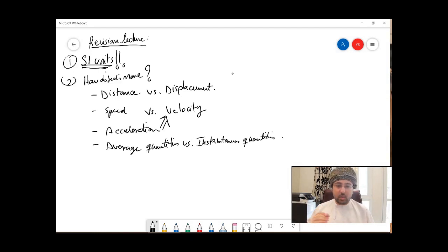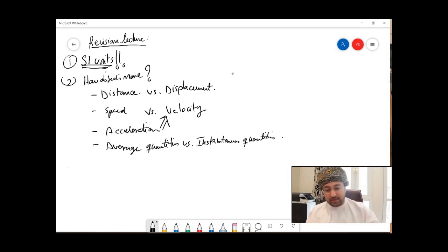the instantaneous quantity is what you see on your car speedometer when you are driving. It doesn't tell you on average how fast you have been going since you left home. It tells you right now, right at this point, what is your velocity. Or actually, the car doesn't even tell you velocity. That thing only gives you a number, so only speed.